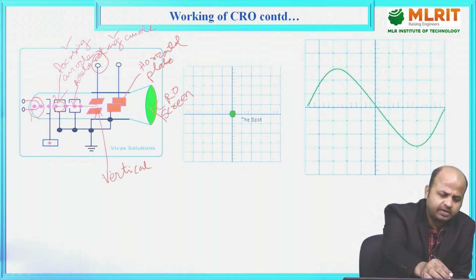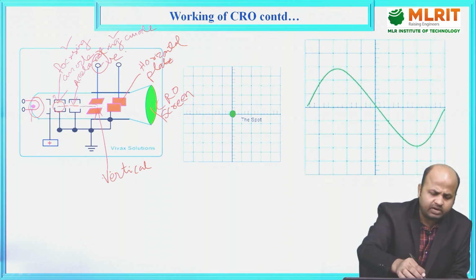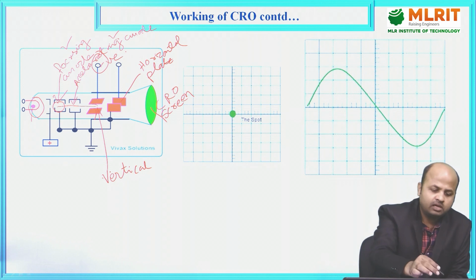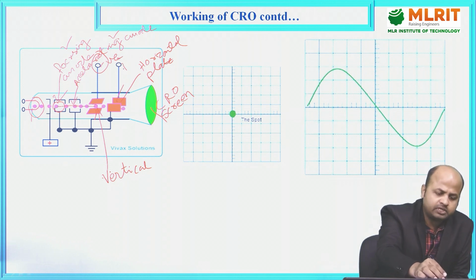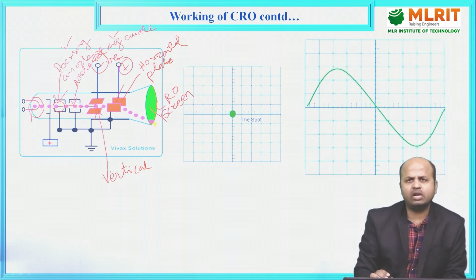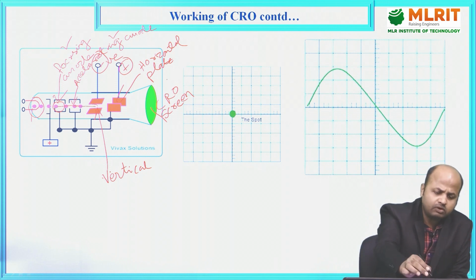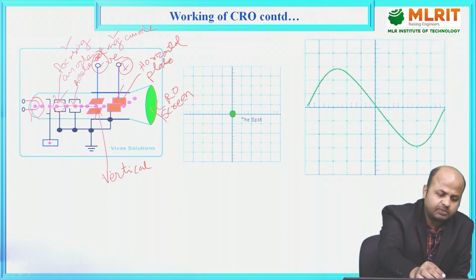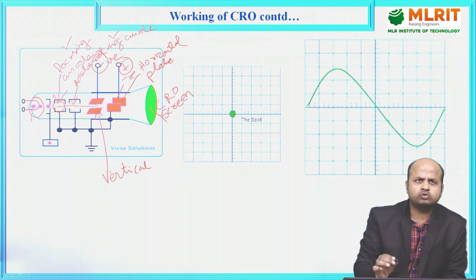If I give the negative potential here, it will go towards the negative y-axis. When I give the positive potential here, what will happen? It will go toward the positive x-axis,